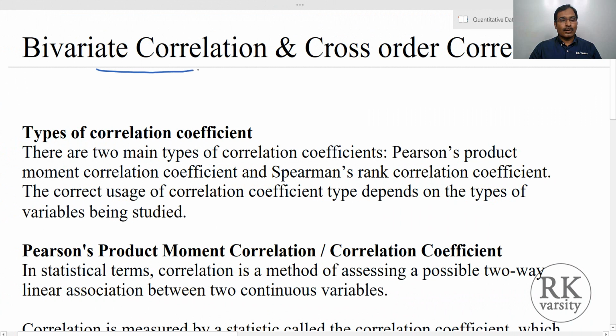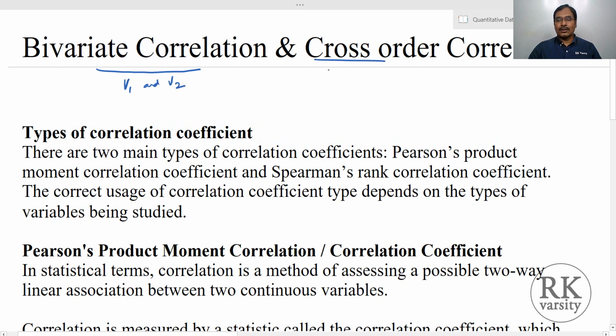In this lecture, I am going to show you how to calculate bivariate correlation and cross-order correlation in IBM SPSS. In addition to that, I am also going to explain how to interpret the output, that is what exactly the correlation is and what is the range of a correlation, what is a strong correlation, weak correlation and a moderate correlation, and how you need to define your variables so that you can run a correlation in SPSS. So the bivariate correlation is a correlation between two variables, let us say variable 1 and variable 2,